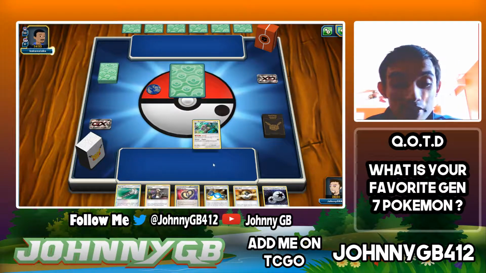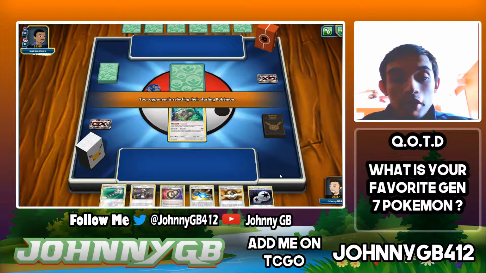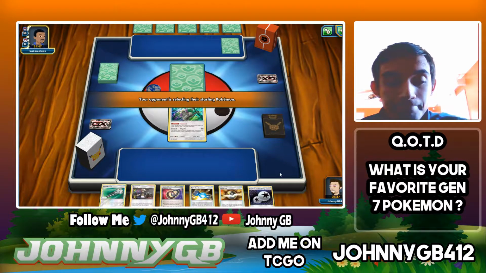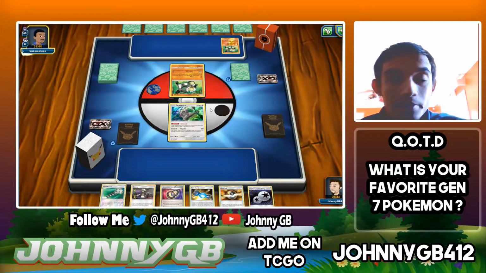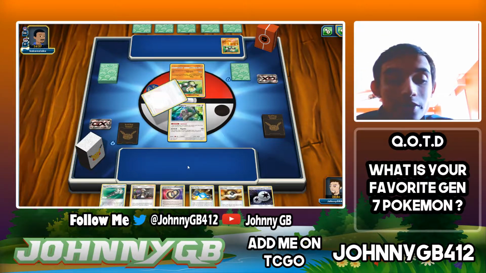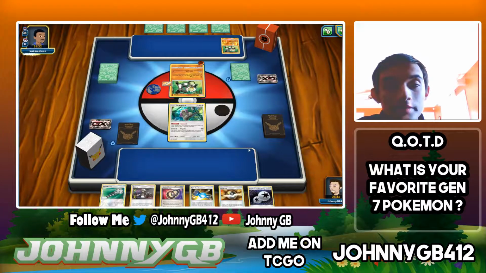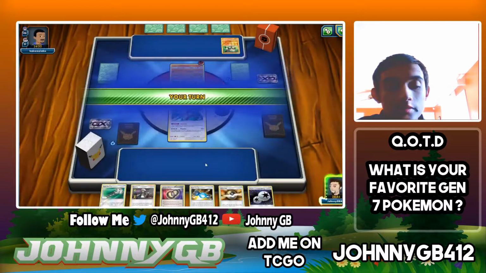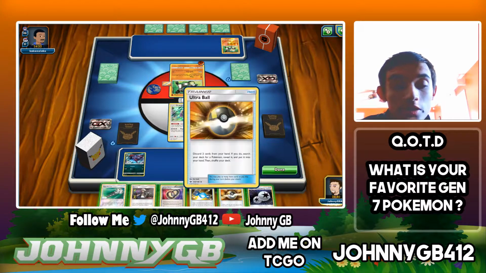Opening up a Kangaskhan. That is awful. No Bridgets either. That sucks. And I'm weak to fighting, too. He's playing Passimian. That sucks so much. So it looks like we're going to go 2-1. So we're actually heavily weak to